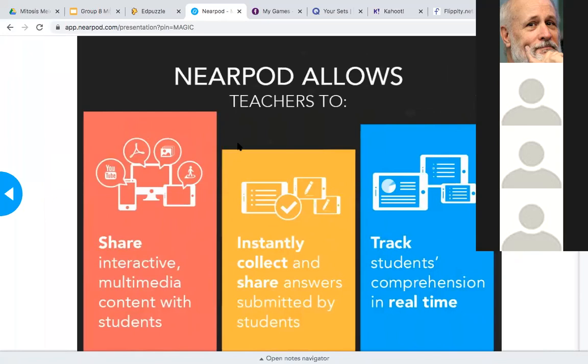What I love about Nearpod is you can add this interactive multimedia component to your lectures. Students can share answers, and you have the ability in real time to track their comprehension.